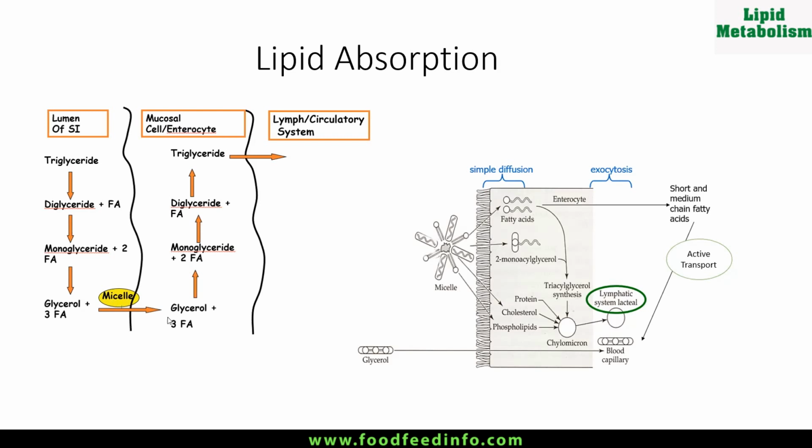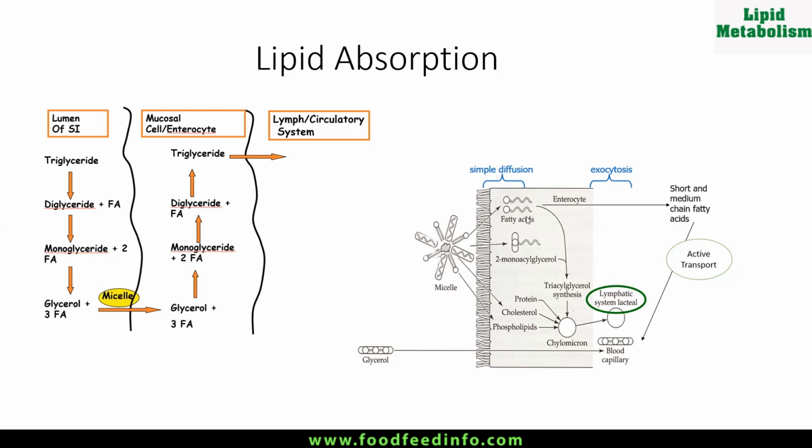Then they are absorbed, or they enter into the intestinal enterocyte, where they are repacked into mono-, di-, and finally into triglycerides. These triglycerides then pass on to the lymph in the form of a chylomicron. For more details, here you can see there is a micelle, there is a glycerol. Glycerol is passed on to the blood as such, whereas the micelles, after absorption, there is a release of